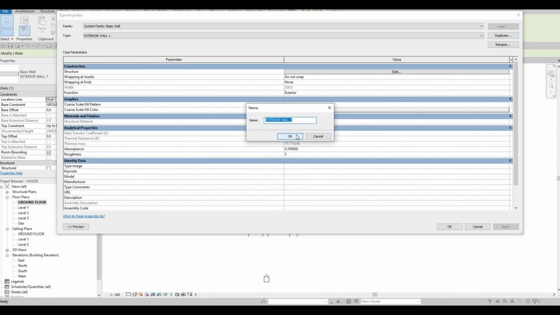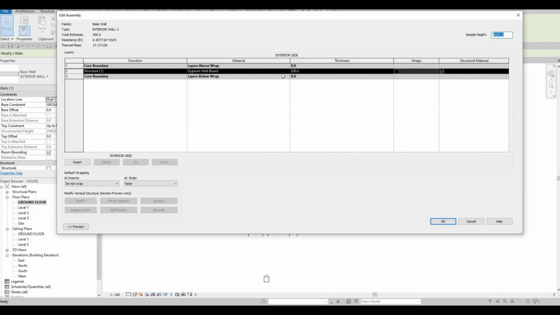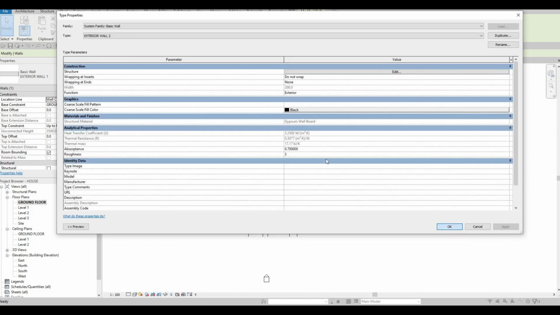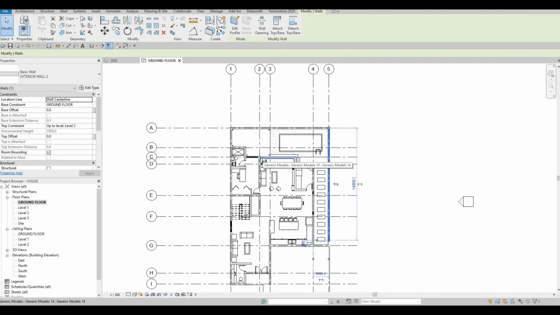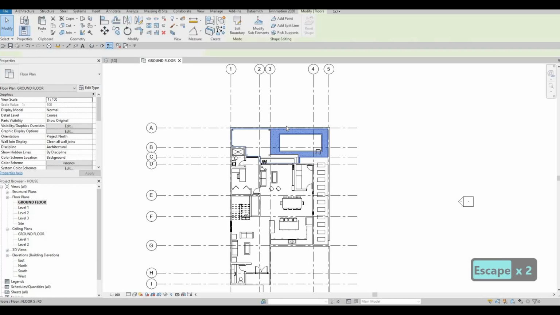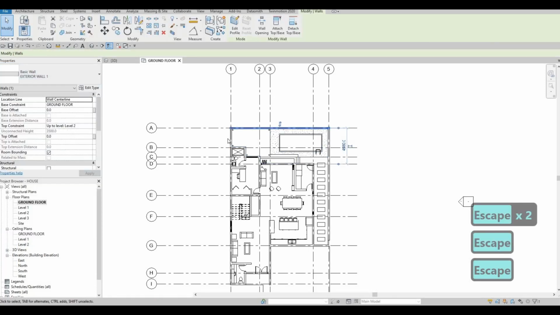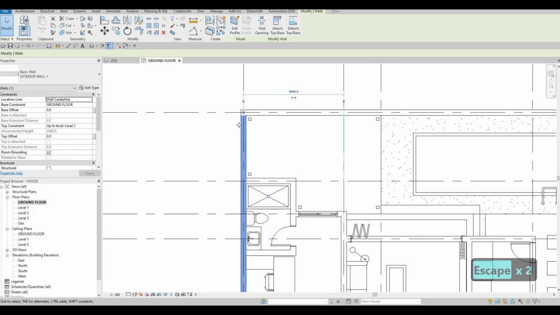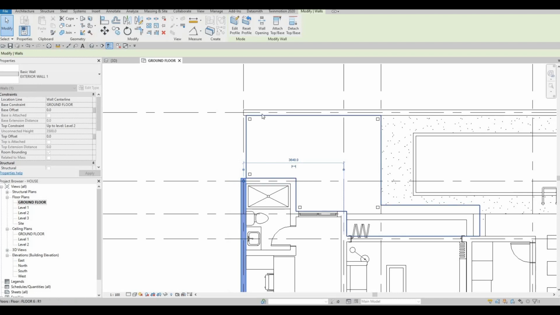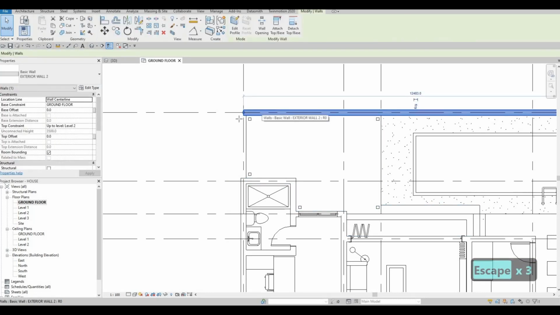We could use exterior wall number 2 as its name, and then for the materials, let's leave it at gypsum wallboard because it's easier to change. So wall number 2, and then here we need wall number 2 as well, exterior, and then here we need to unjoin this like that, and then here trim and extend,